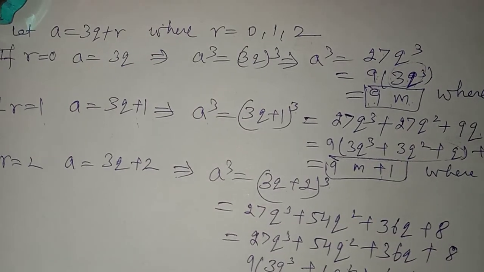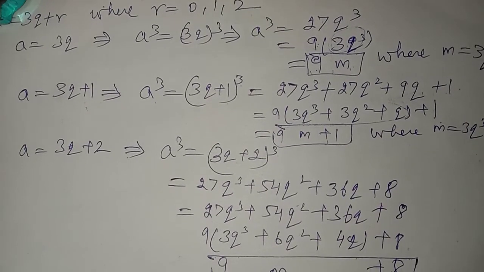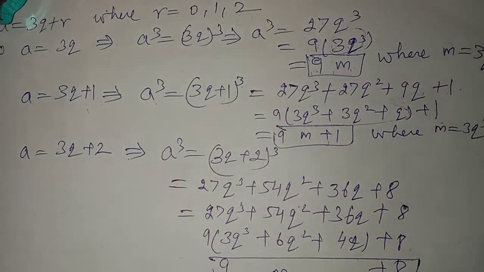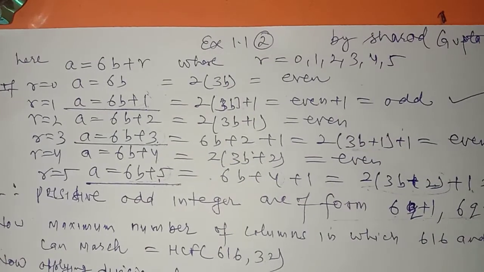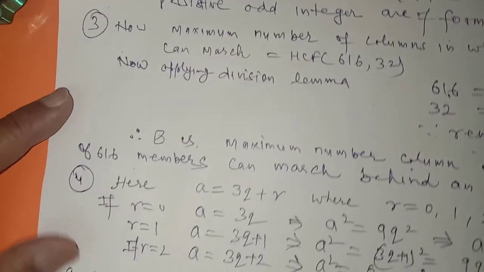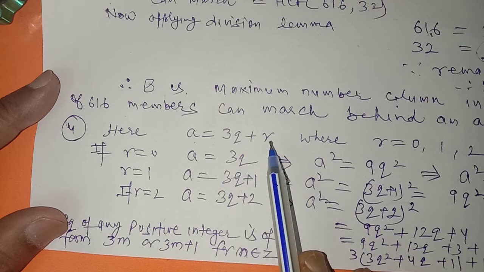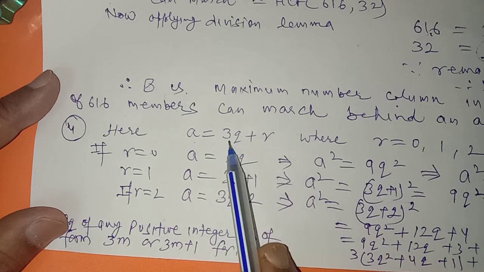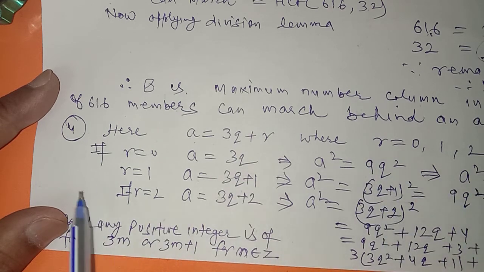Okay, so like this. See it carefully once more. See it carefully again. In the previous questions we have done this also. Question number 2 we have done. See it: some theoretical type questions are there. In question number 4 we square both the sides by taking the value of r as 0, 1, 2 because the divisor is 3. So the remainder can be only 0, 1 or 2. Squaring both the sides.